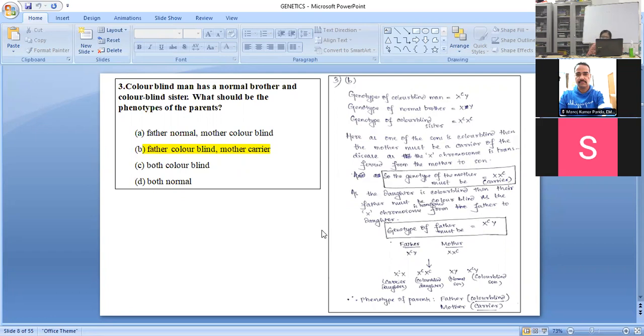So we have the mother and father's genotype as, in the mother we have one X normal, one is colorblind, and in the father the X is expressing the colorblind gene. So these are the progenies as provided in our question. So we'll go just the reverse way. Whatever data we have, we'll put the genotypes, and then we'll cross check. If there is a colorblind man, this X must have come from the mother. So we'll get the mother's genotype. We have a colorblind sister, so one X must come from the father. That is how we deduce the genotypes of the mother and the father.